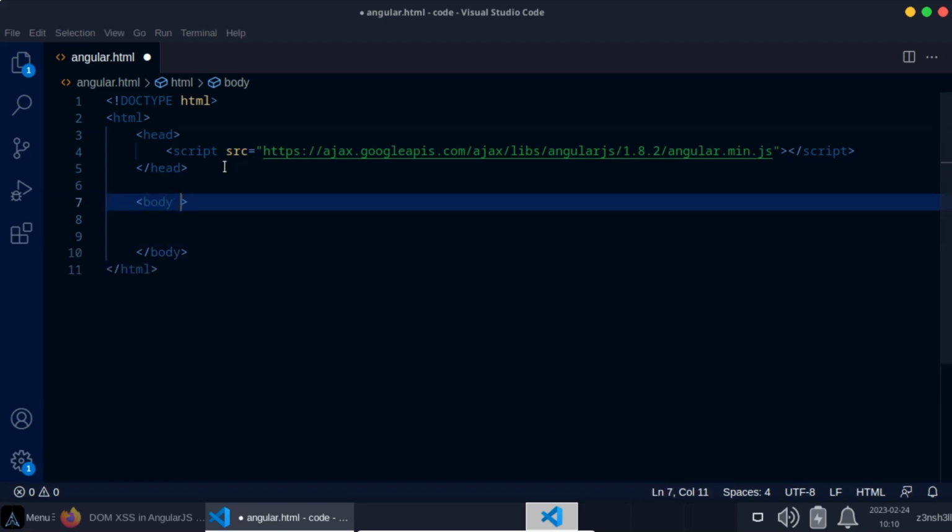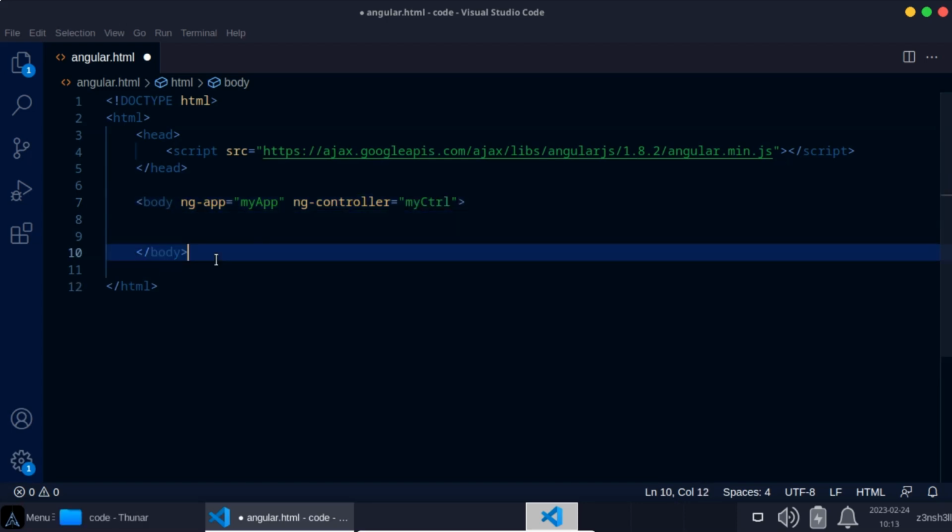And we make use of what's known as an Angular directive. You'll recognize these because they always start with ng hyphen. So we want ng-app equals, and we'll give this a name. We're going to call it myApp. And Angular apps also make use of a controller, and we can specify the name of the controller with ng-controller equals, and we'll just call it myControl for